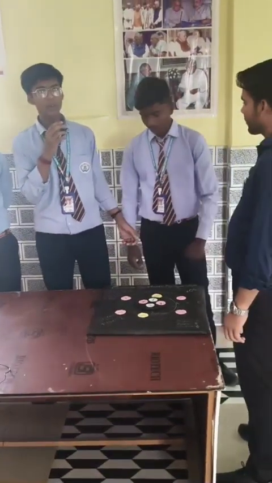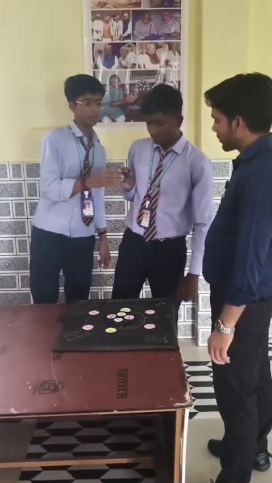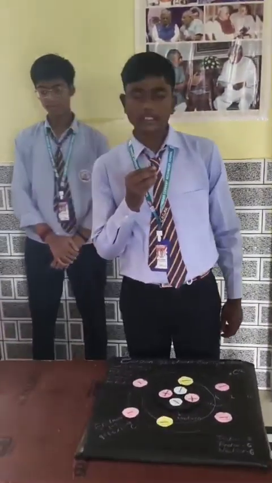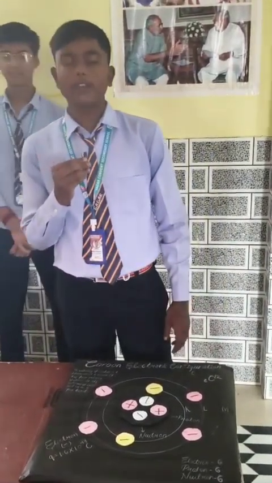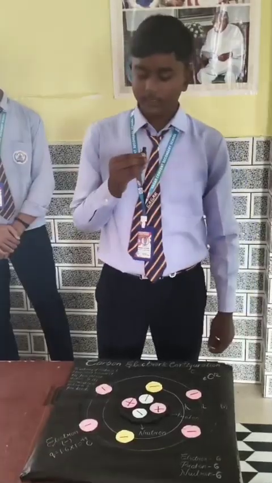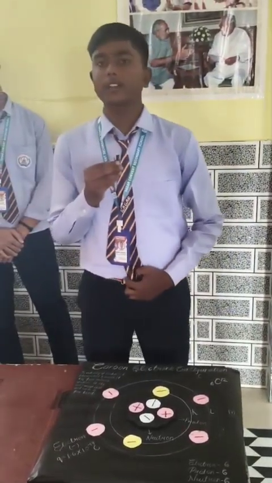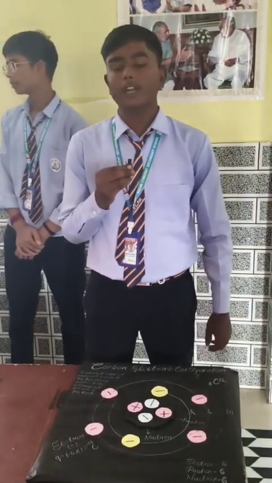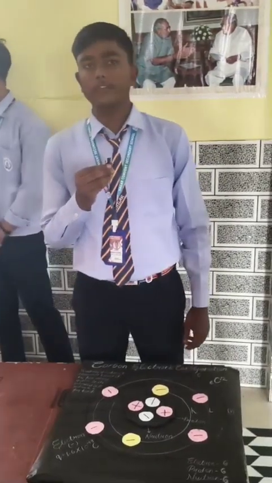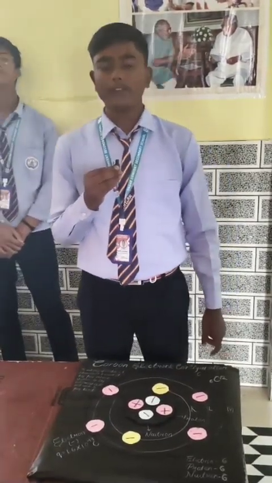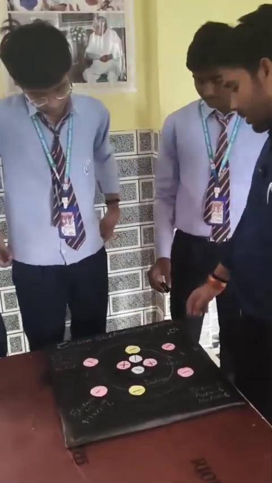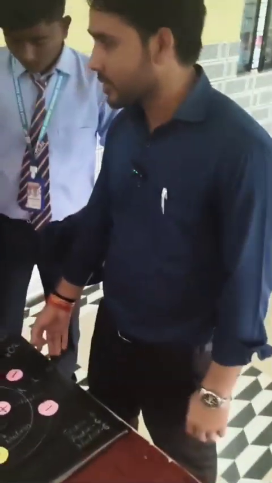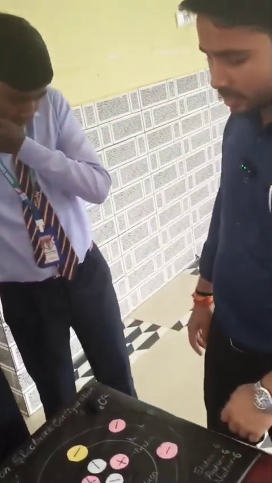Thank you. I would like to call my friend Harsh. Good morning to all of you. My name is Harsh. I am here to represent my chemistry model, carbon electronic configuration. The valency of carbon is 4, the atomic number of carbon is 6, the electronic configuration of carbon is 2, 4, and the outermost layer is filled with 4 electrons. So that is making the carbon electronic configuration. So can you tell me how many electrons, protons and neutrons are present in carbon?